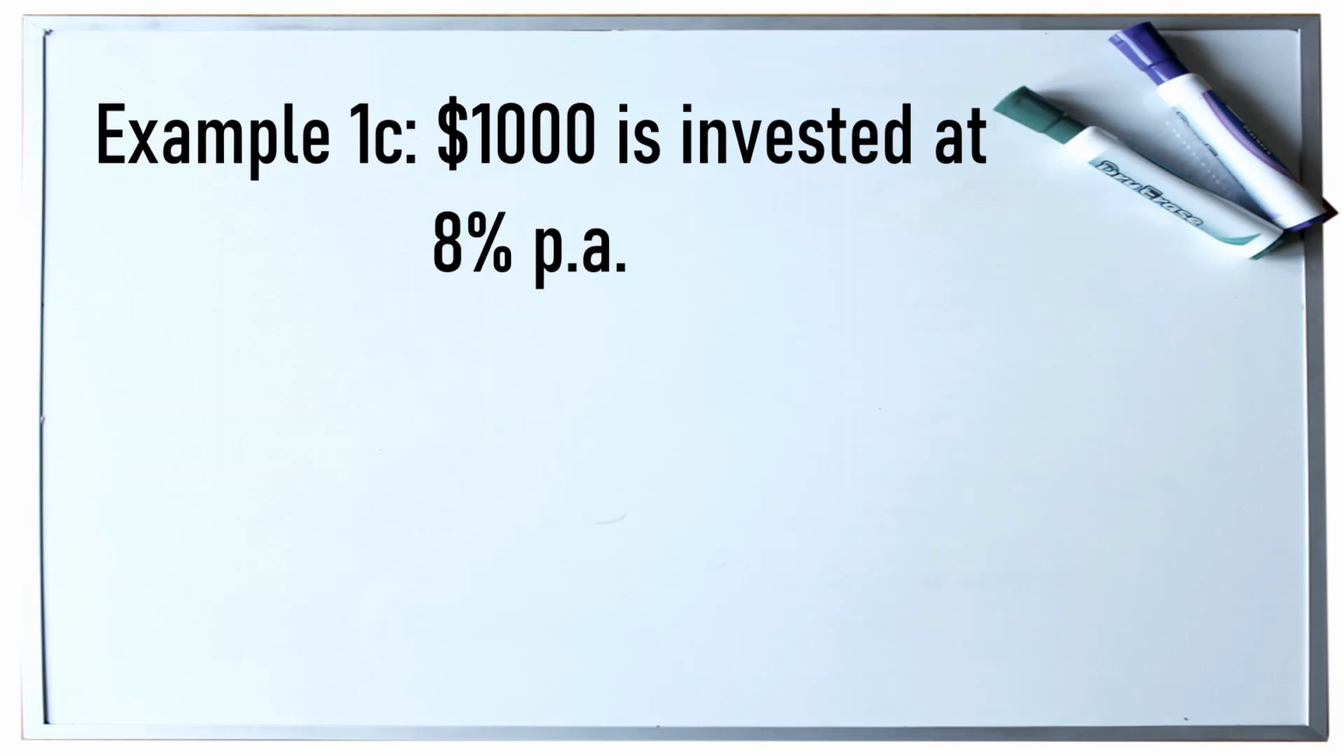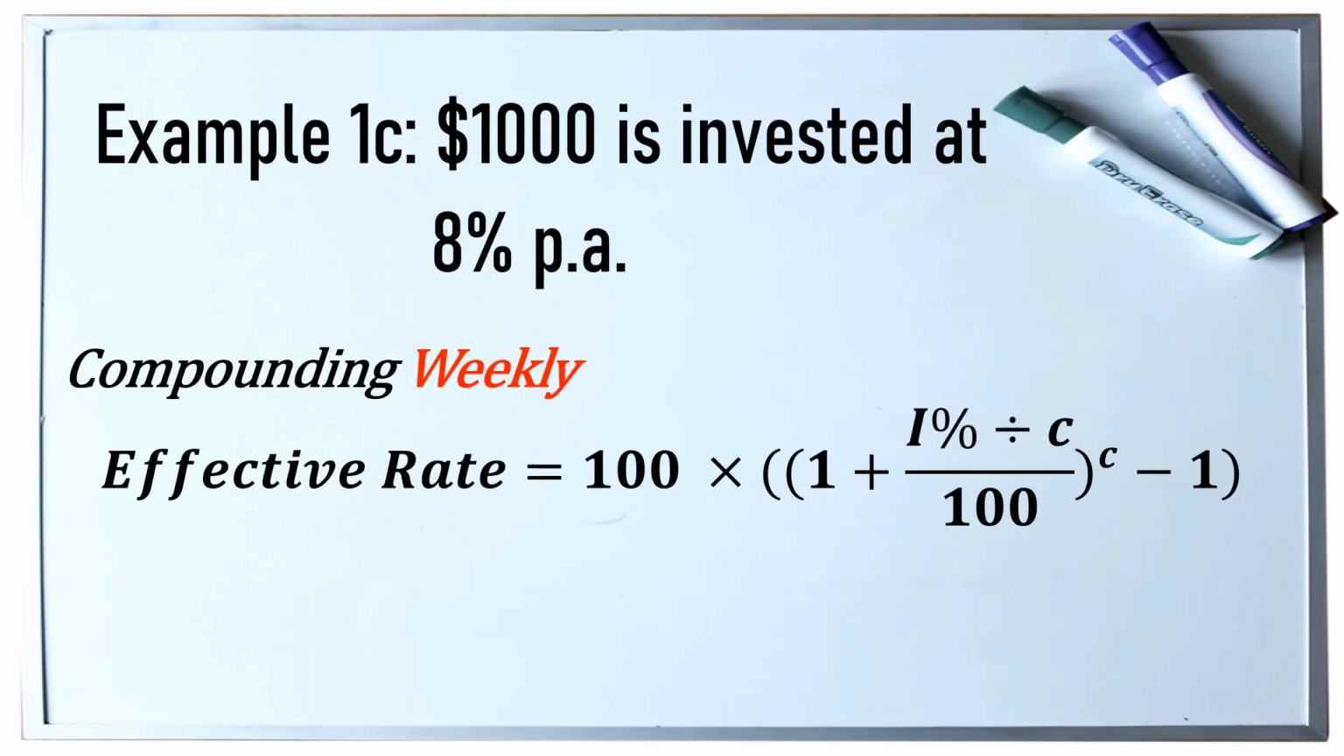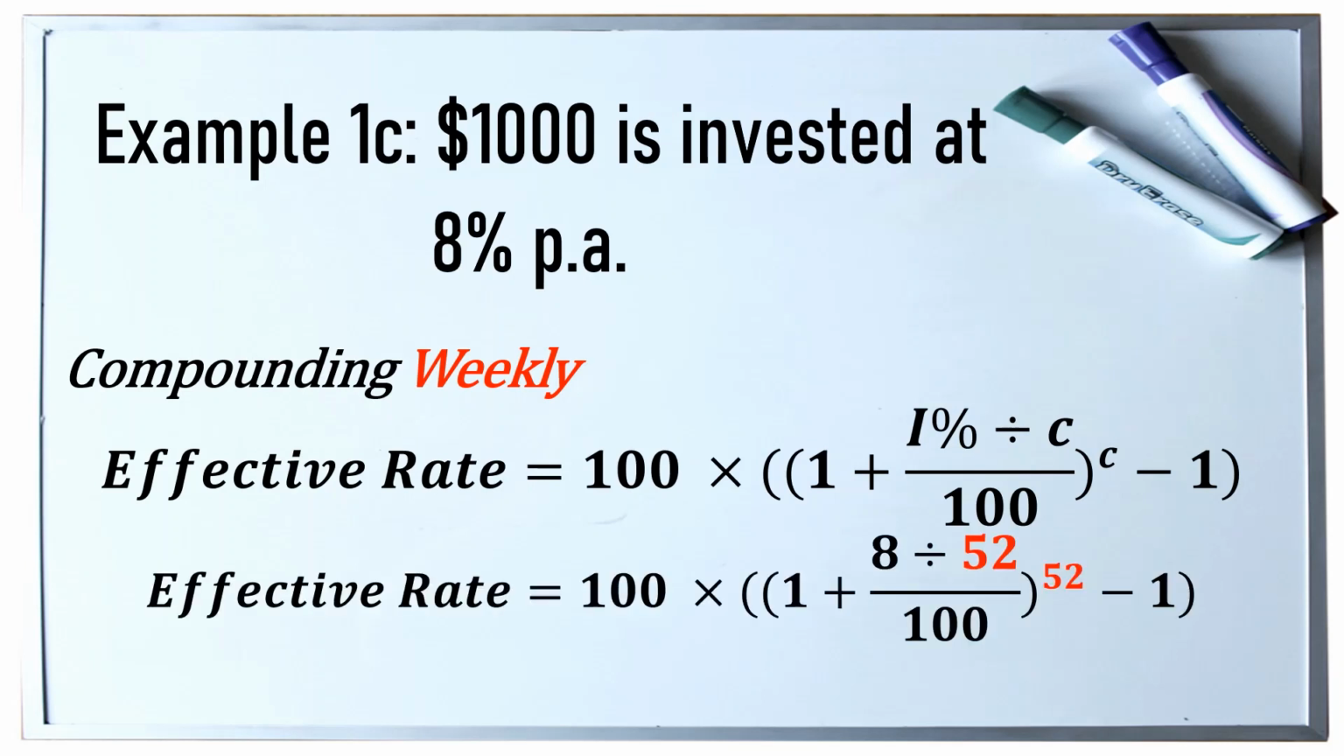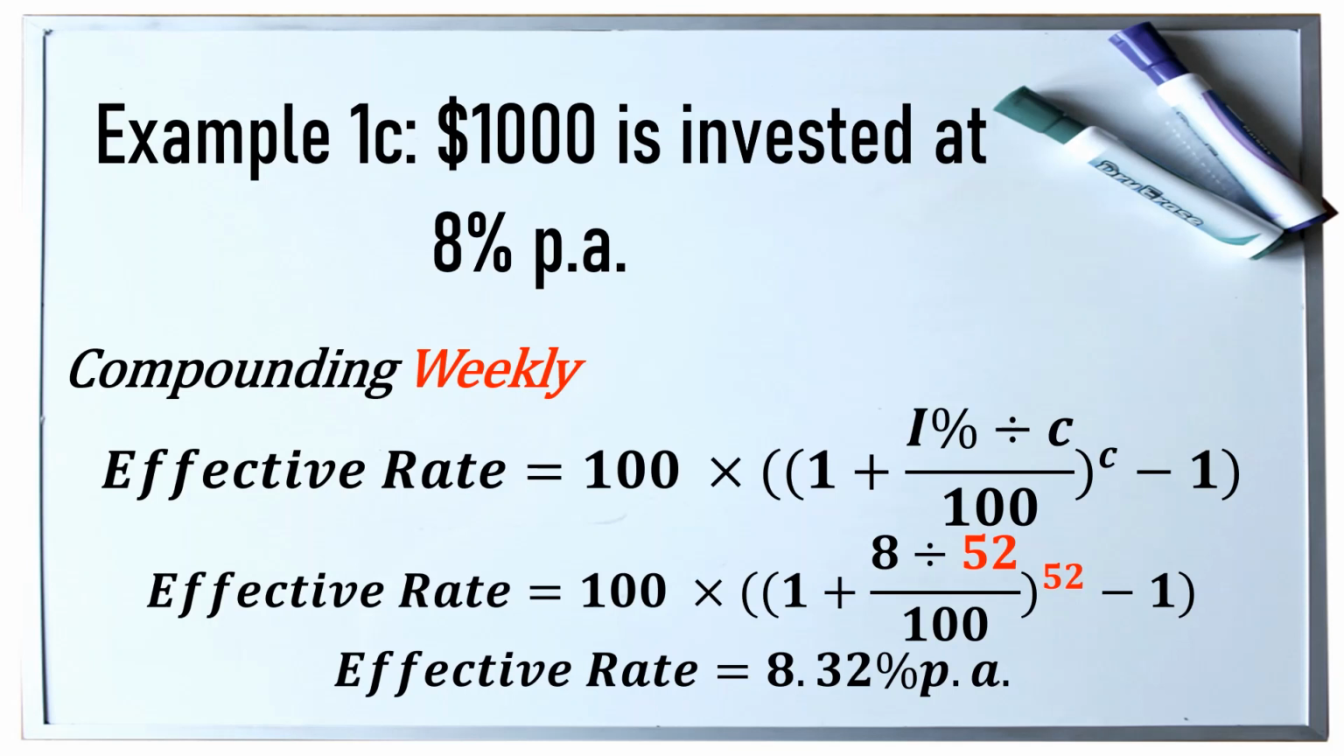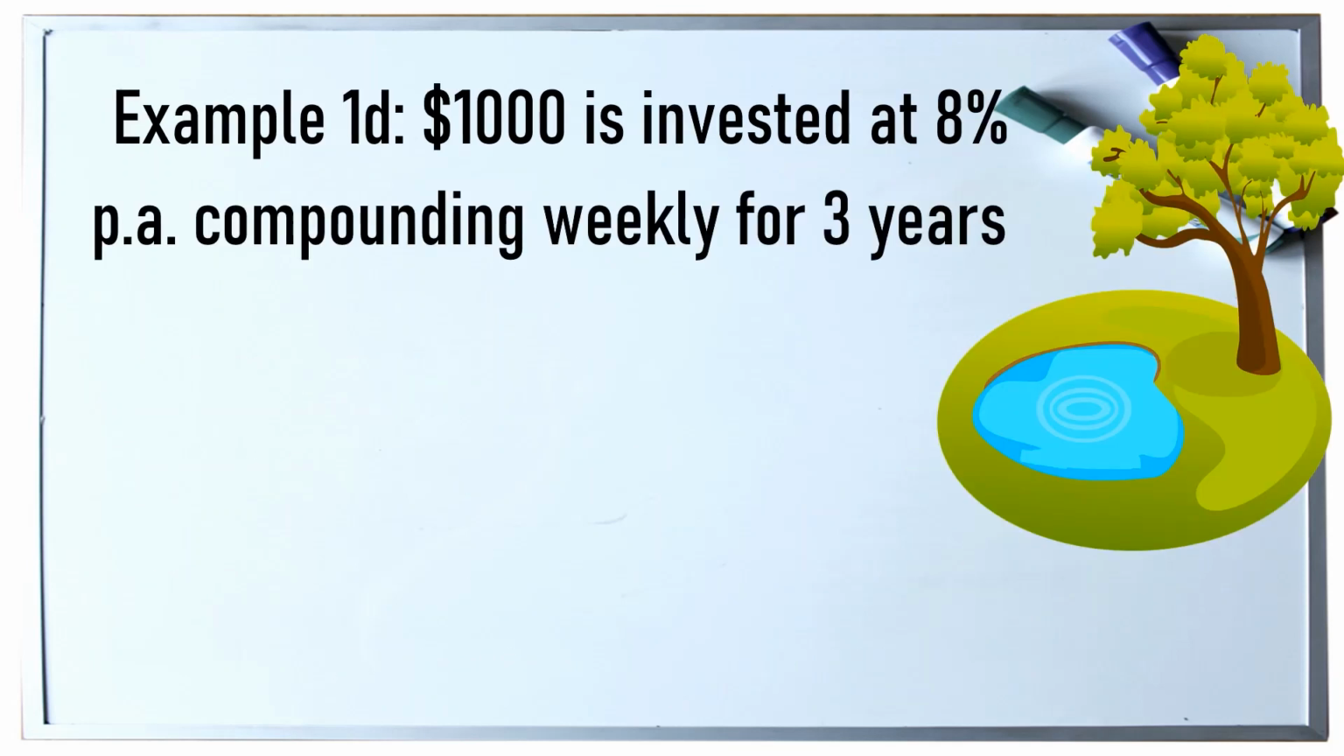We're going to do example 1 again, but this time it's going to be weekly. Given that there are 52 weeks in a year, C is going to be 52. Our effective rate becomes 8.32% per annum. At the beginning of this video, I said if $1,000 is invested at 8% per annum compounding weekly for 3 years, you end up with